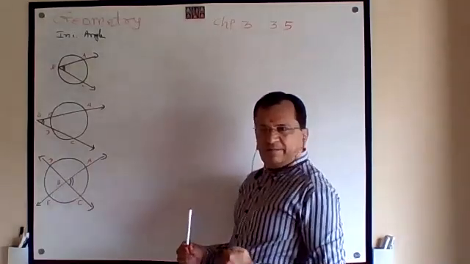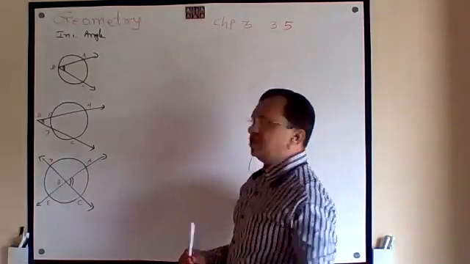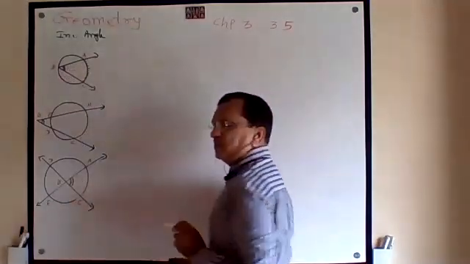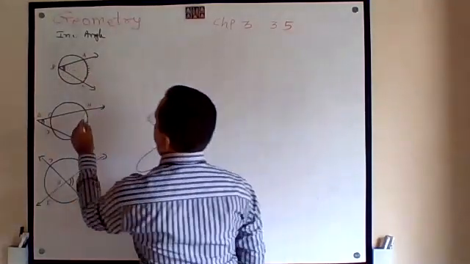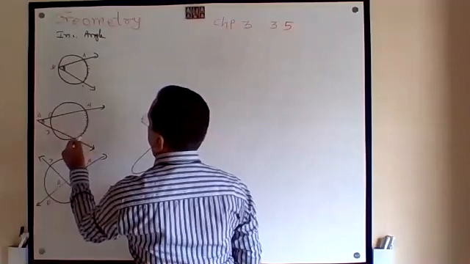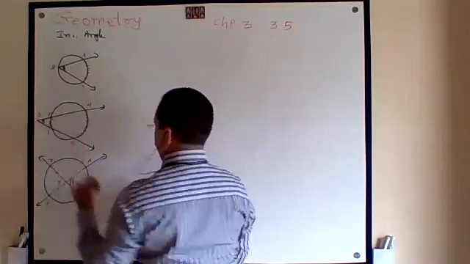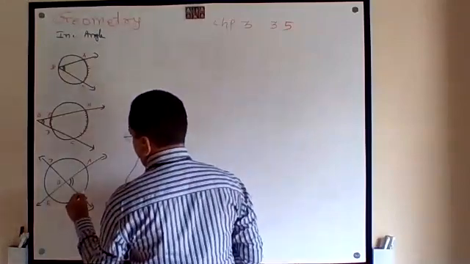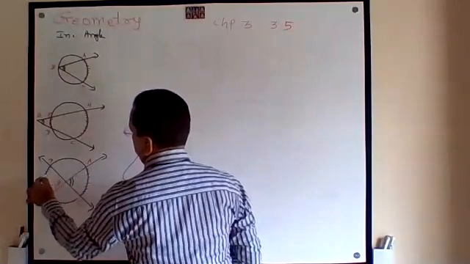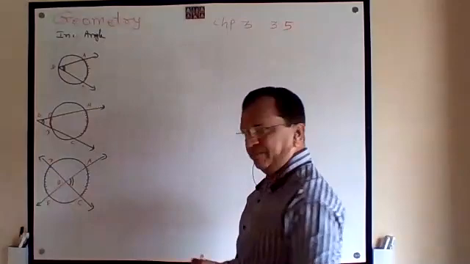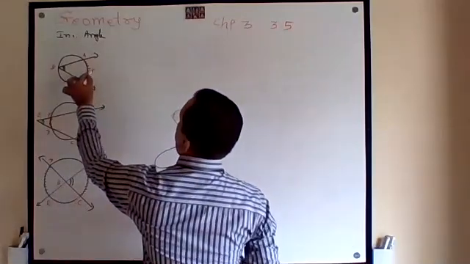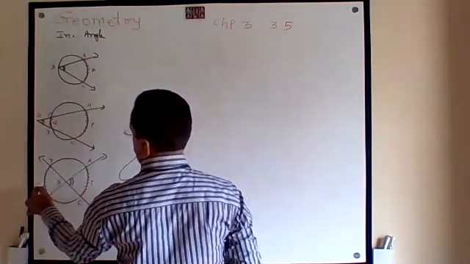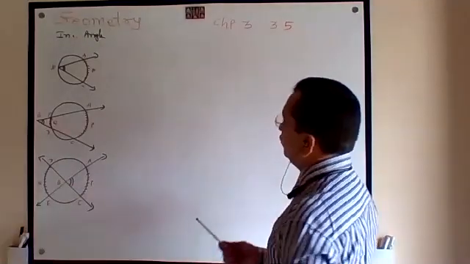So by inscribed angle on a circle, you will get only one arc inscribed. Inscribed angle outside the circle, you will get two arcs inscribed. Inscribed angle inside the circle, again you will get two arcs. So APC, this is also APC, here Q, P and C. So the formula: